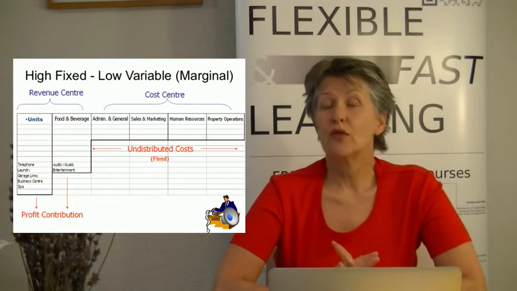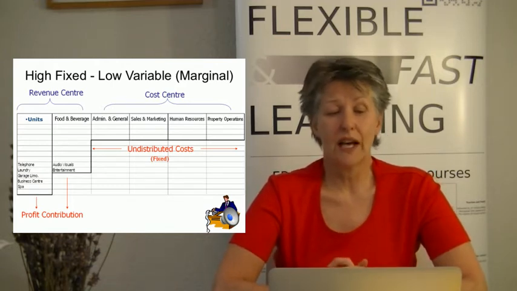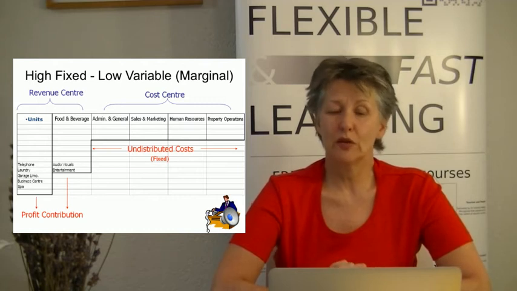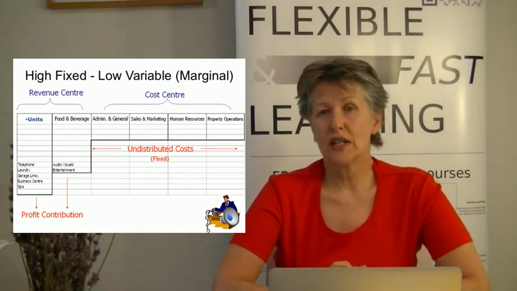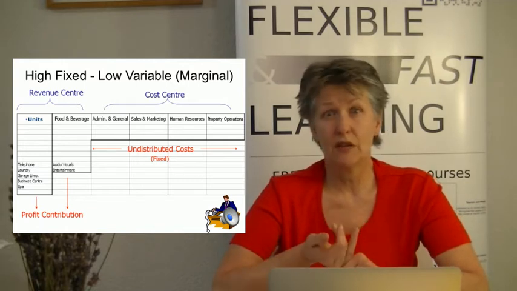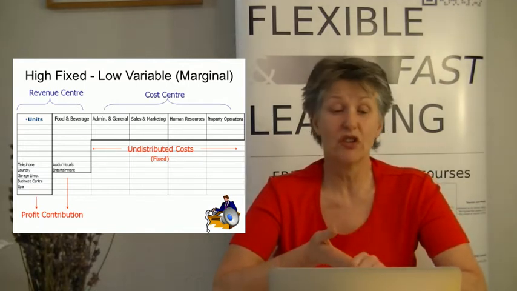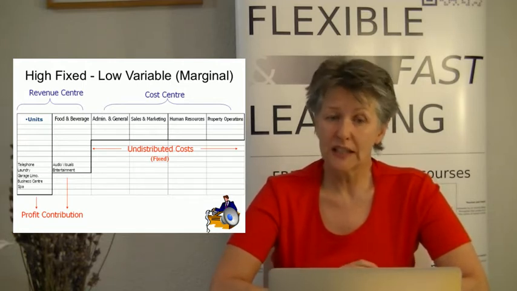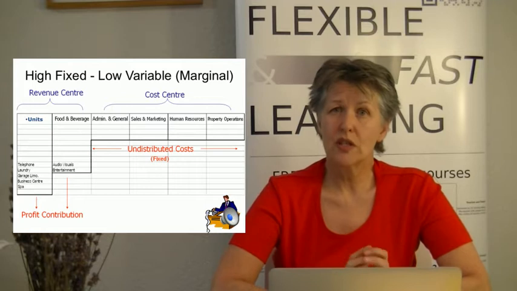In this example, account number 1 would be rooms, account number 2 would be food and beverage, and then our cost centres would be administration and general, where we have the chief accountant, general managers, secretaries, etc. We then would have another cost centre for sales and marketing, one for human resources and one for